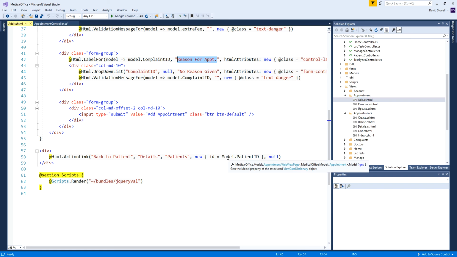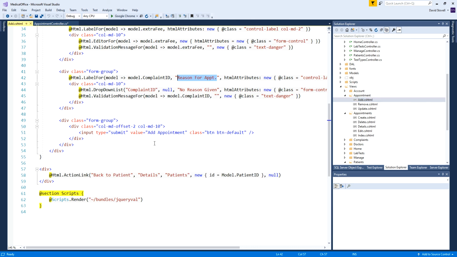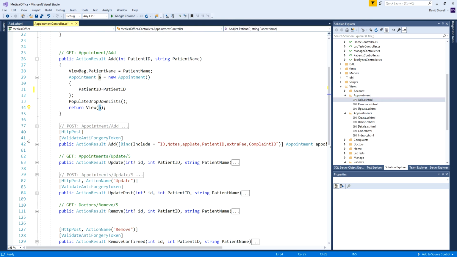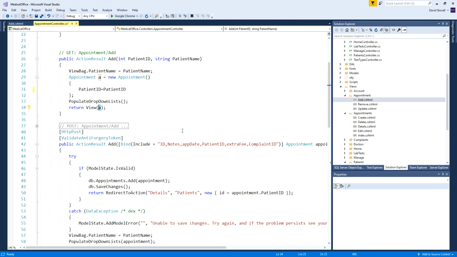So if I decide to cancel this and just go back, I go back to the details view that I came from to get over here. You see how that works nicely, right? Back in the controller. So if I have finished adding, right, then I come to the post for add,